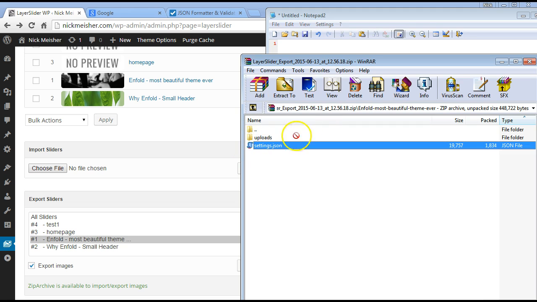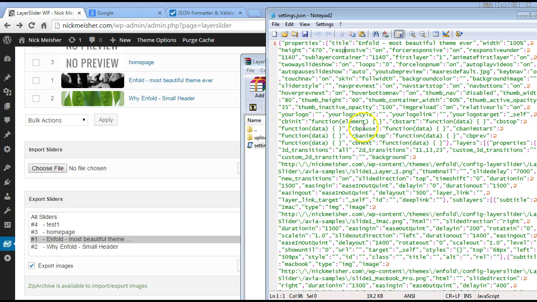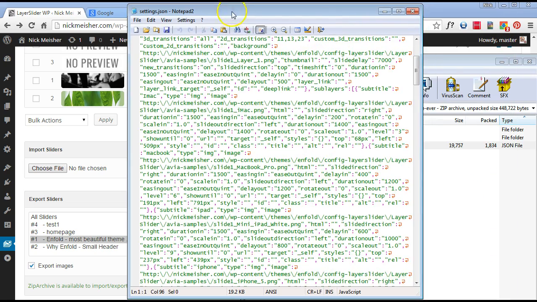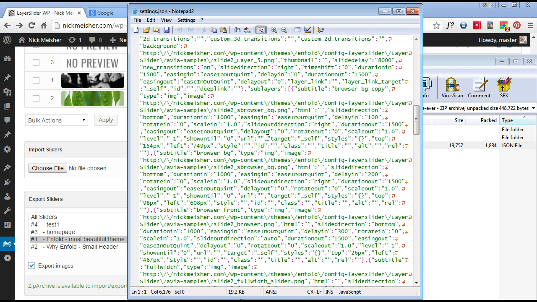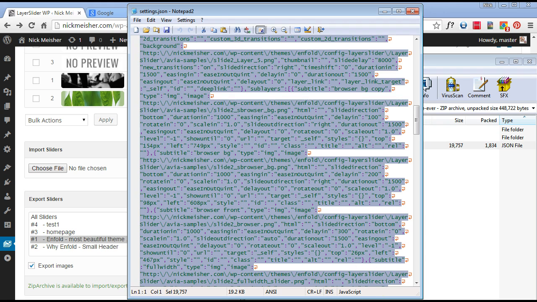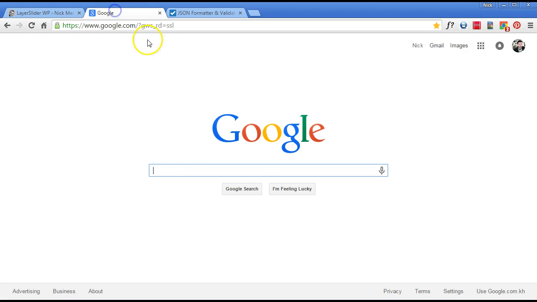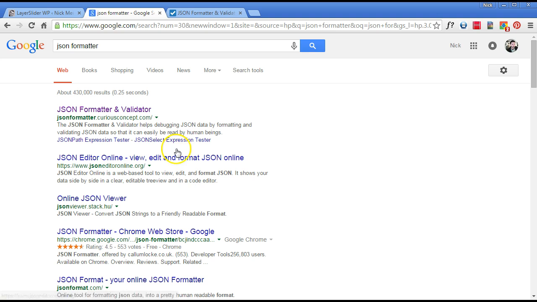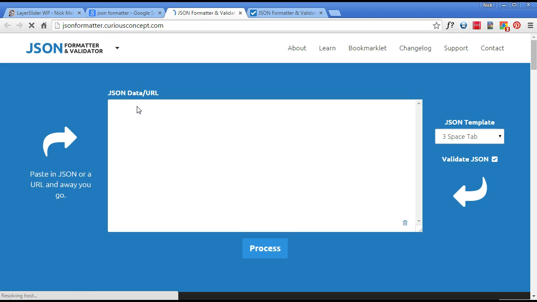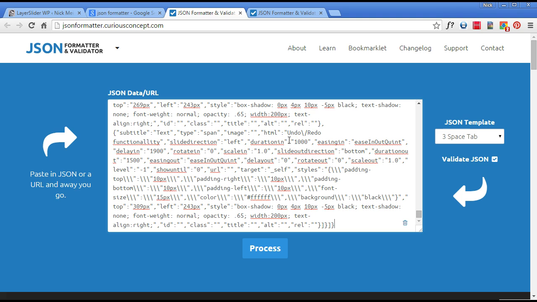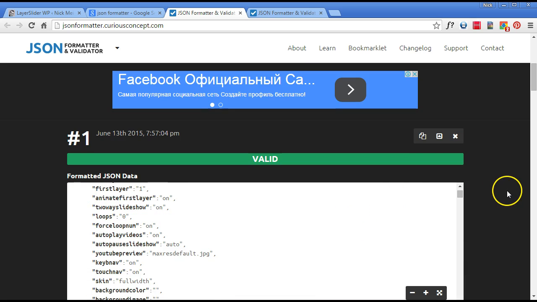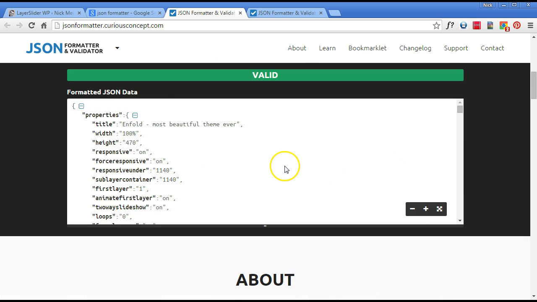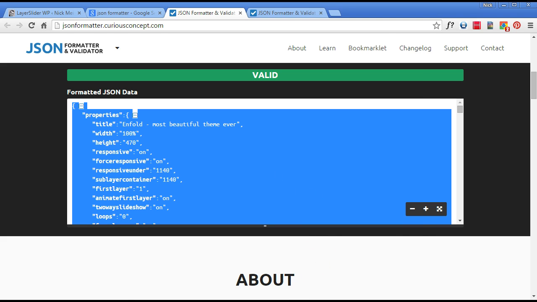Let's take a look inside Notepad at what it actually looks like, and you can see it's kind of a mess. Hard to tell what the heck's going on here, but if we copy it all, open up another browser and look for a JSON formatter, then just dump the whole thing in there and process it. We get a result now, and here I just Ctrl+A, get it all, Ctrl+C, and